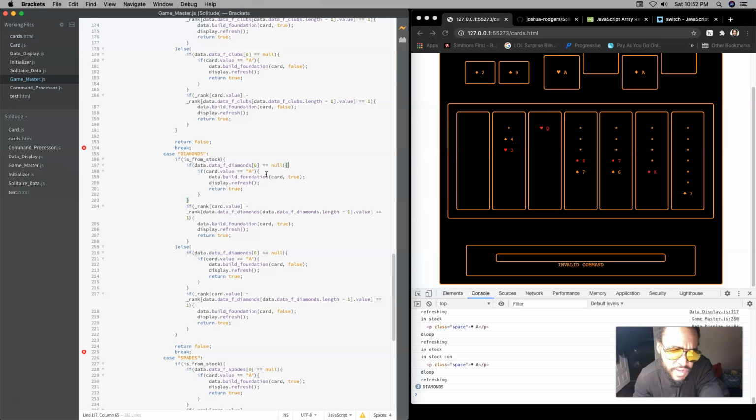Whoa, what am I checking? I'm checking if the first thing is null, which, right, then that should start building from there. But no, it's not null. There's already something in diamond, so there should be. I should then check the rank, and it should call build foundation